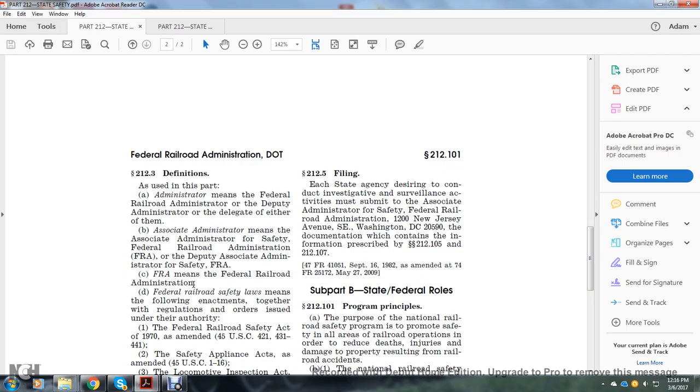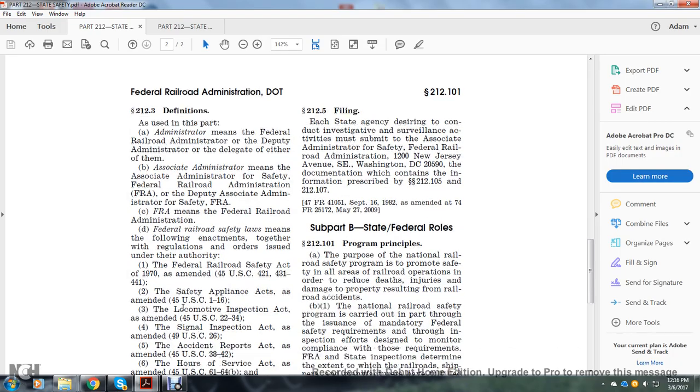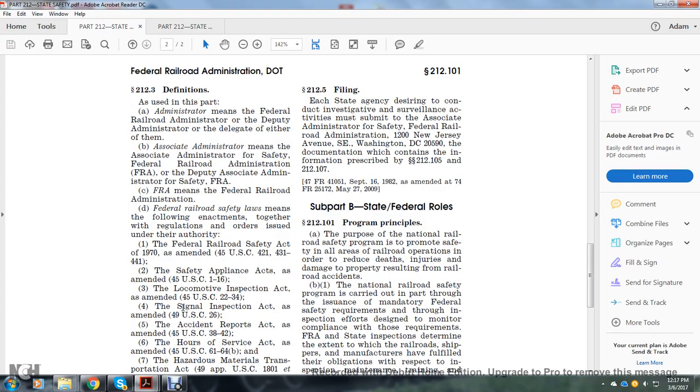FRA means Federal Railroad Administration. Federal Railroad Safety Laws means the following enactments, together with regulations issued under their authority: the Federal Railroad Safety Act of 1970, as amended, Title 45 U.S. Code 421, 431 through 441; the Safety Appliance Acts, as amended, Title 45 U.S. Code 1 through 16; the Locomotive Inspection Act, as amended, Title 45 U.S. Code 22 through 34;